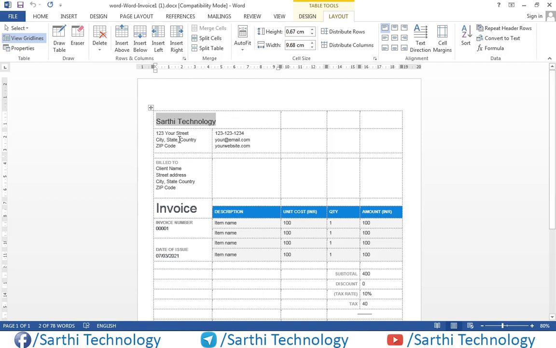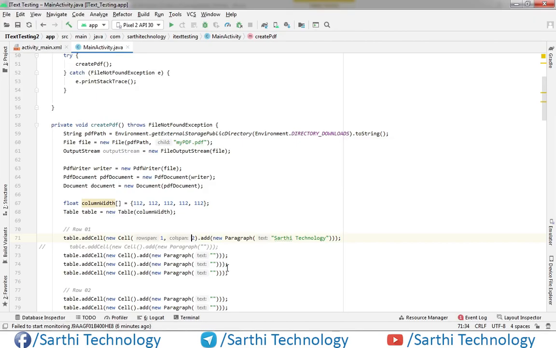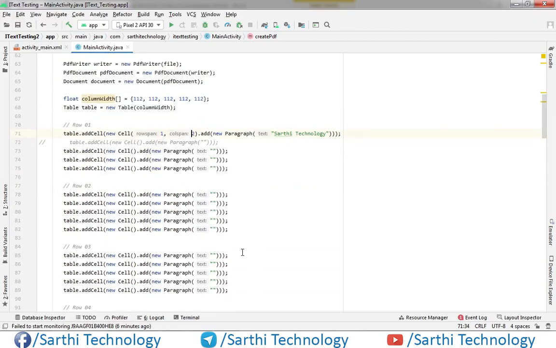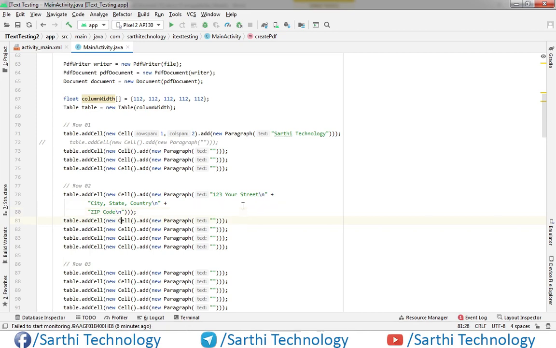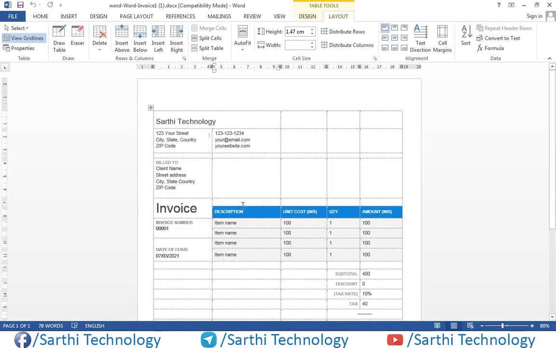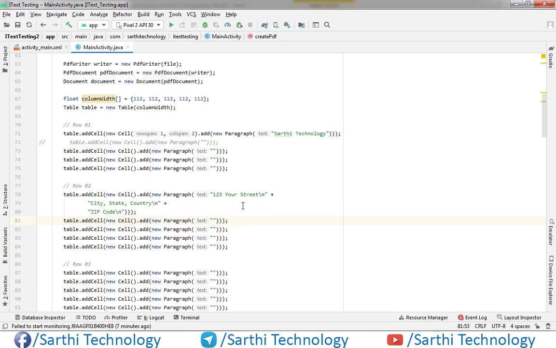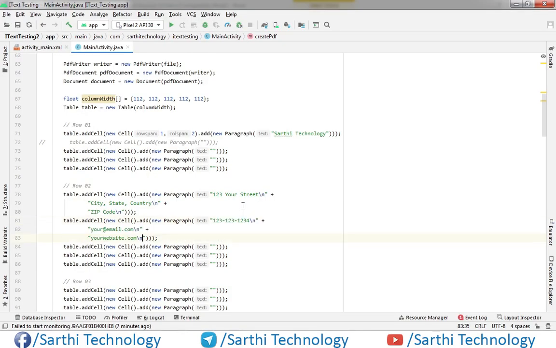In the second row, first we need to add this, and in the second column we need to add this. So copy, paste, copy, paste.